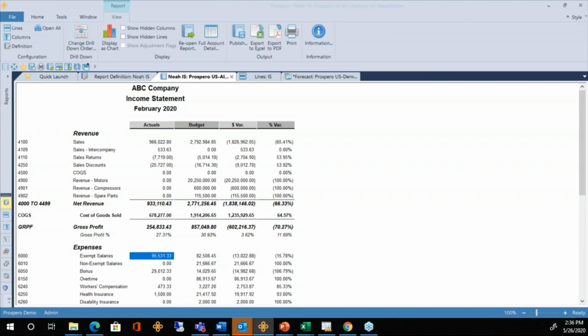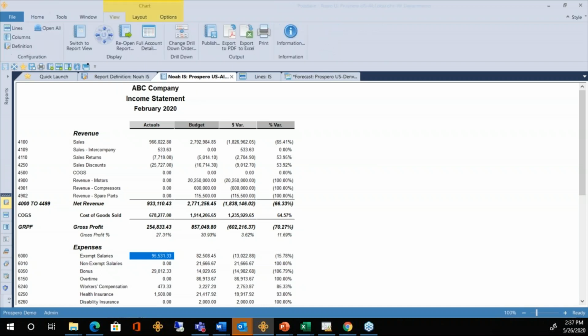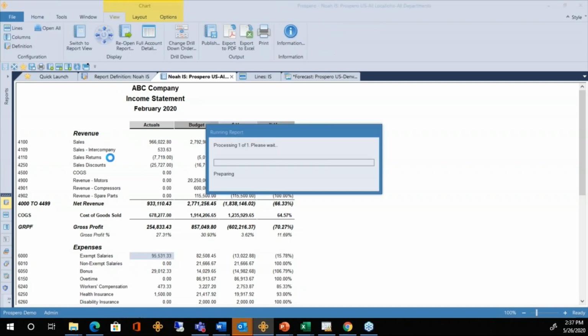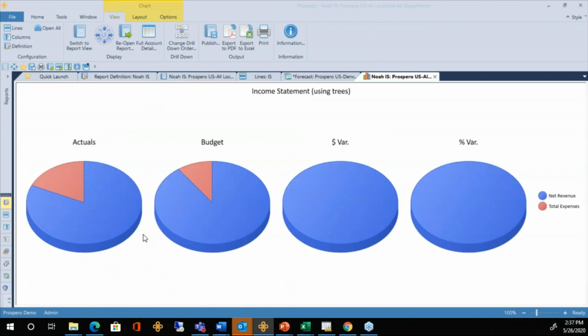All this data is easy to look at in here as the numeric layout, the report format, but it's also easy to switch this over to charts and graphs. So there's a button at the top of the ribbon for display as chart. I'll click that one time. That takes that report and converts all the balances over to pie charts for me.